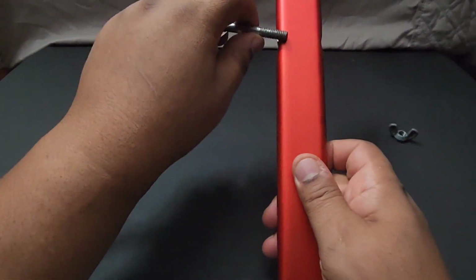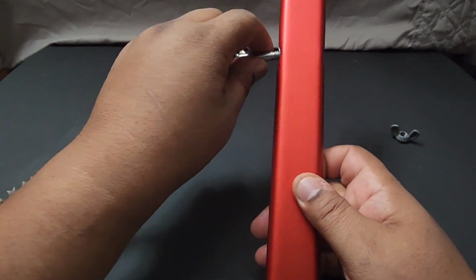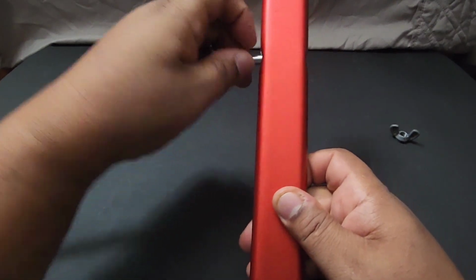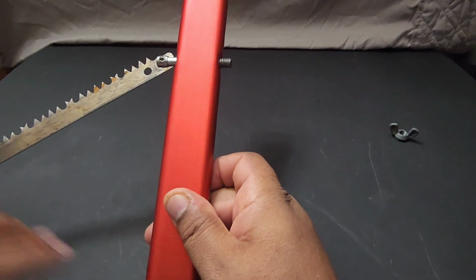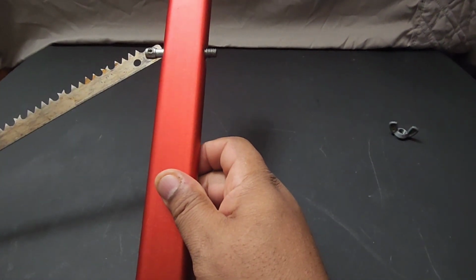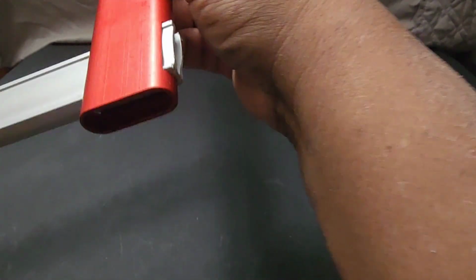And while you're doing that simultaneously, you have to place it inside the top, just like so. Just got to line up. There's a little hole that it goes through. All right. Once you have both top and bottom through,